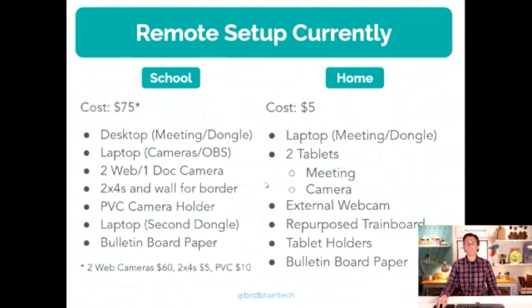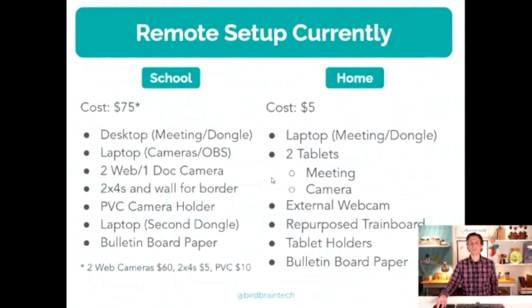And because I wanted to have more than 3 Finches running in my playground, I did go ahead and get a second one running with a second dongle. But the floor is literally just bulletin board paper that we can't have up on the bulletin boards anyway. And I just used the back of it. And at home, I repurposed some tablets, and my husband made